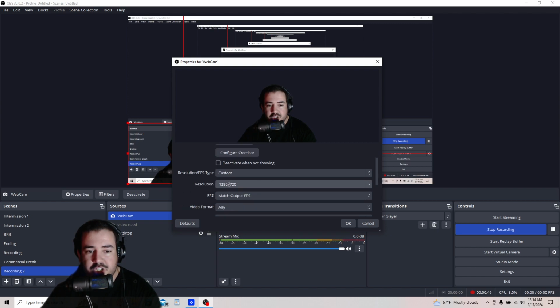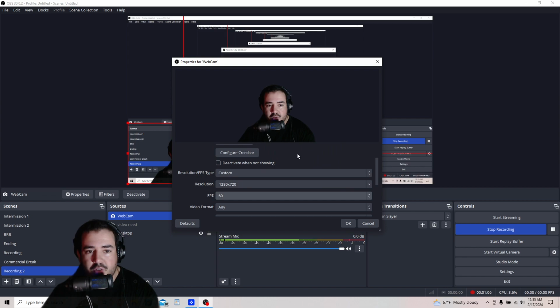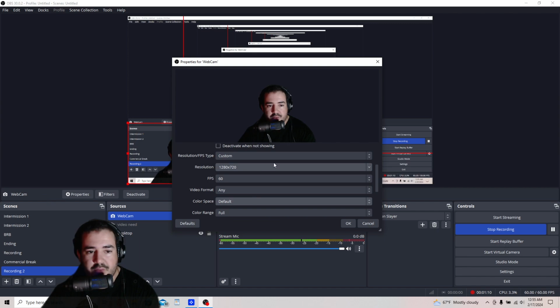And then you may have to change a couple of settings. Like I have mine set to custom. Usually you want to use device default, but I decided to use custom, and I matched it to where it's supposed to be on 720. And then it usually uses max output FPS, but I'm actually going to go ahead and change it to 60. It's going to freeze for a second, and then it's going to come right back. And everything else, you just leave it alone.